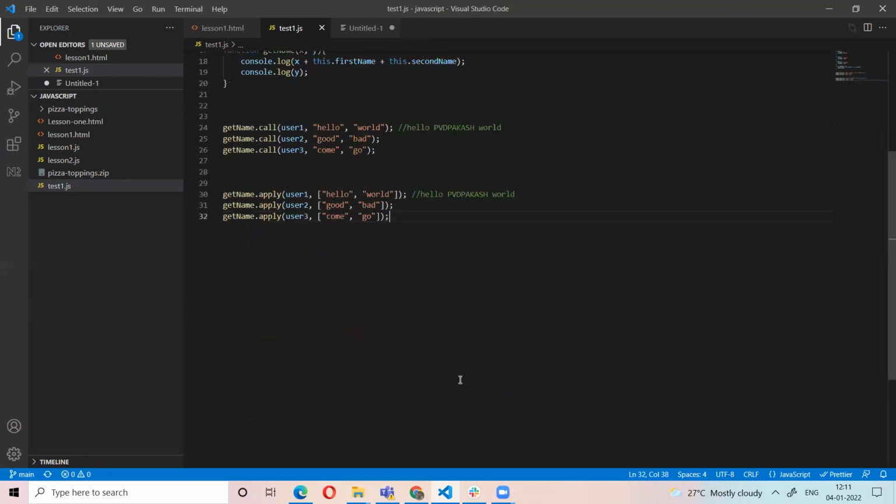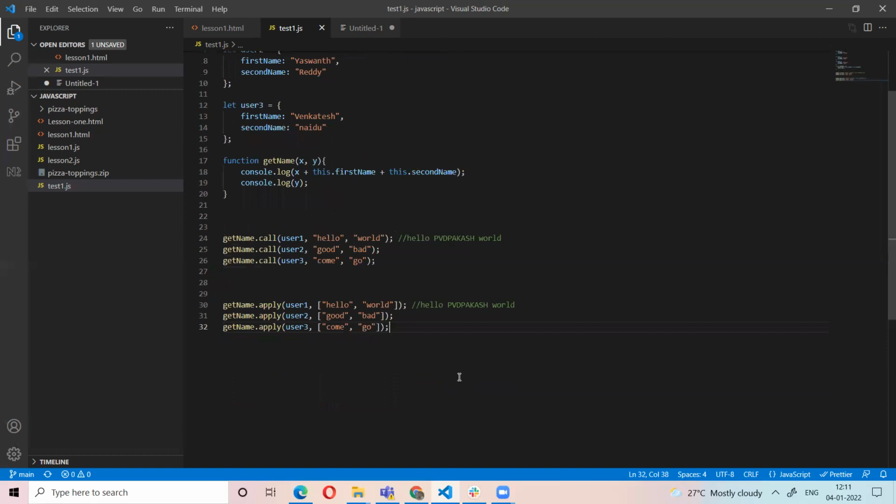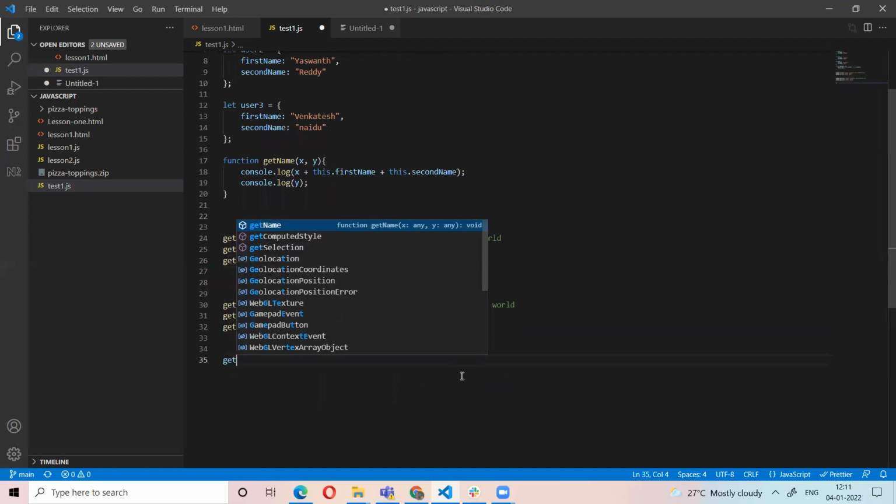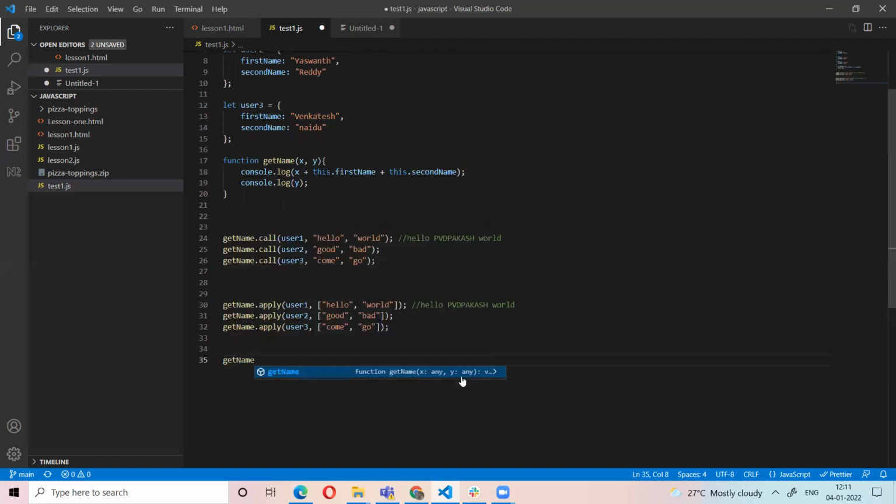Now there is a function called bind. What is bind? Bind will return a function; it will not directly call it. For example, let me comment on this one.